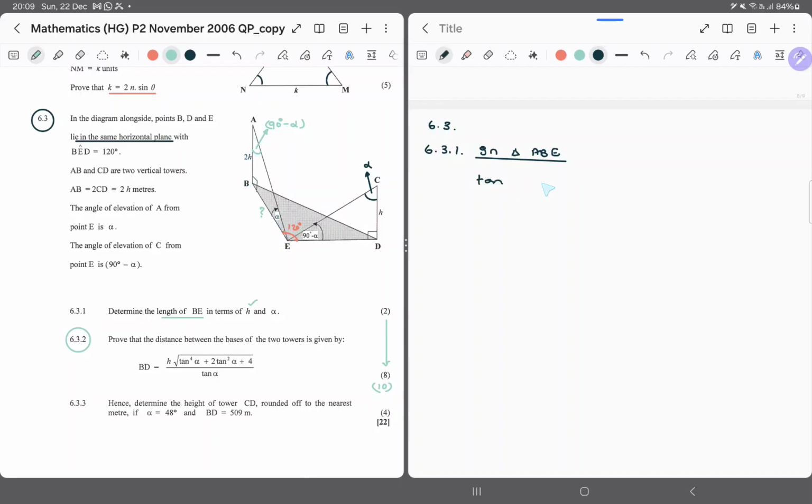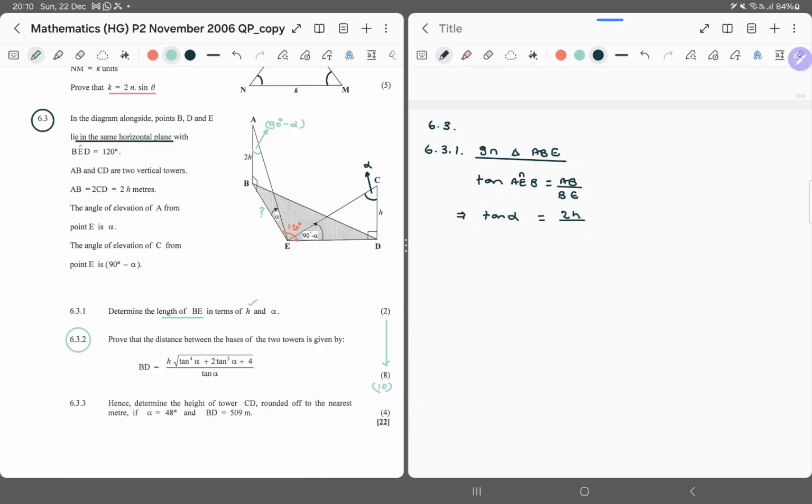So we can say tan of AEB is going to be the opposite side, which is AB, over the adjacent side, which is BE. Just want to be systematic, so this is tan alpha is equal to